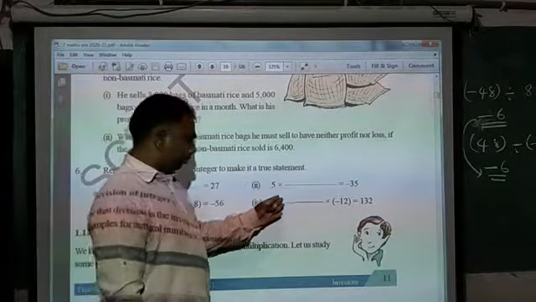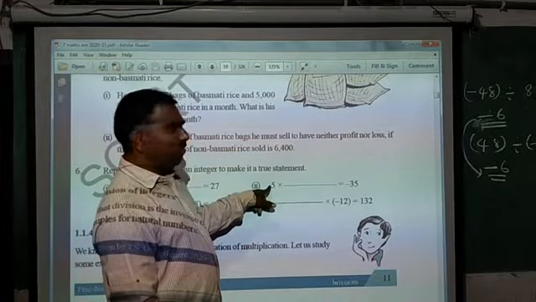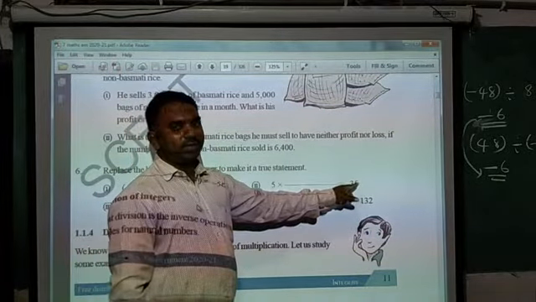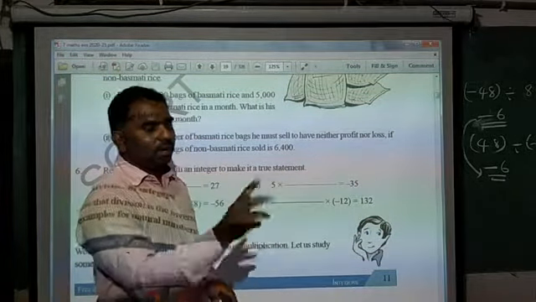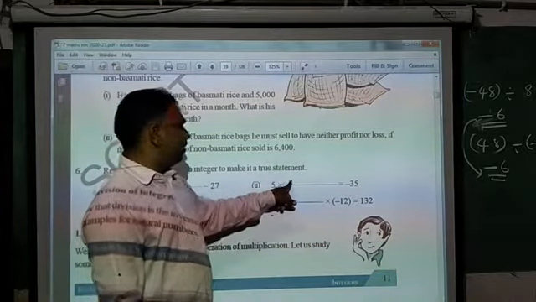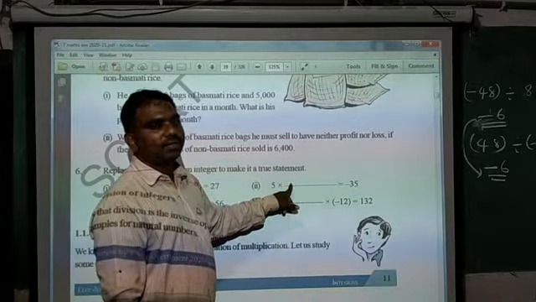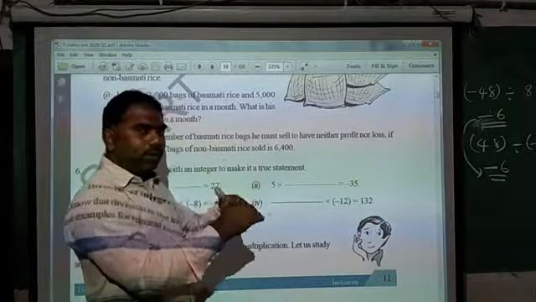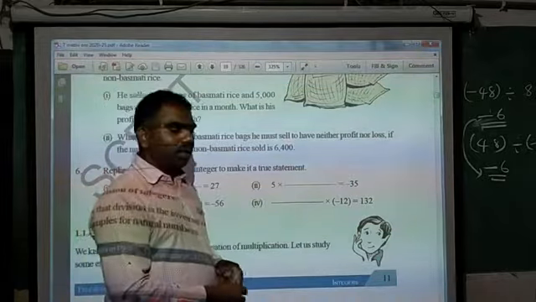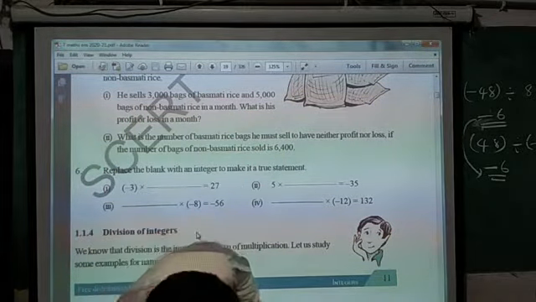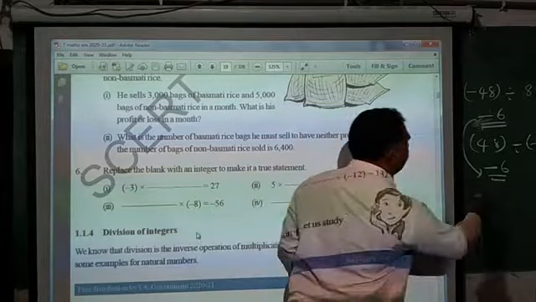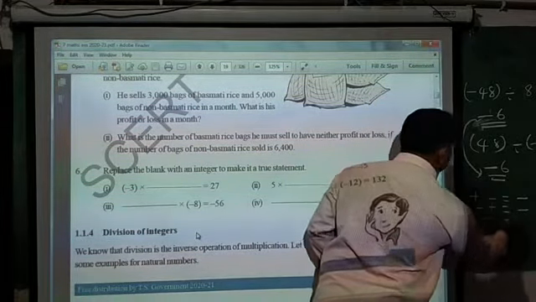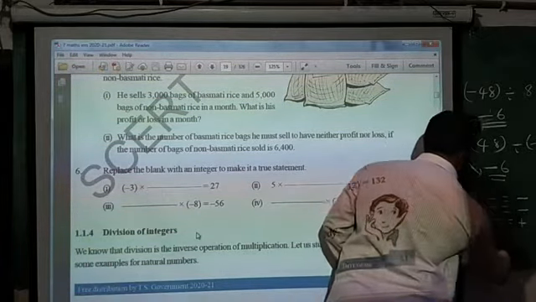What is the first number here? Here you see, plus is there. I want minus. If you want minus, what should we do? Plus and minus or minus and plus. Here plus is there, so compulsorily what should come here? Minus. You want minus? No. Means plus and minus only should be there. This depends only on combinations, which you know very well. What are the symbol combinations? Plus and minus will become minus. Minus and plus will become minus. Minus and minus will become plus. Plus and plus will become plus.